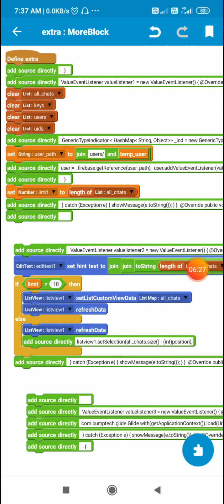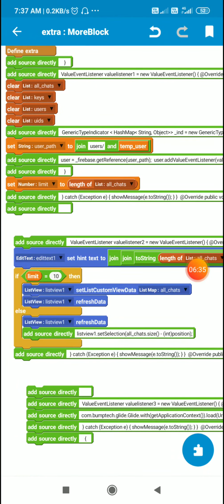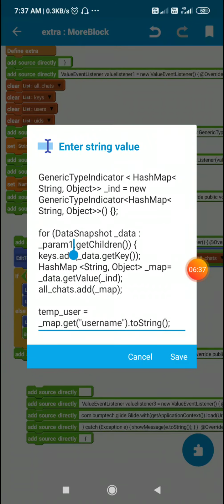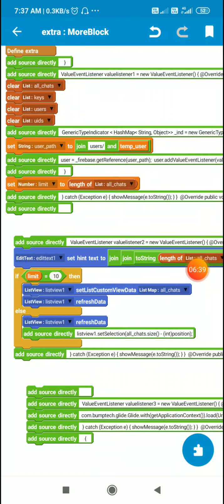Okay, and after this I just close this loop. So this will repeat for all the items in this param1 snapshot.